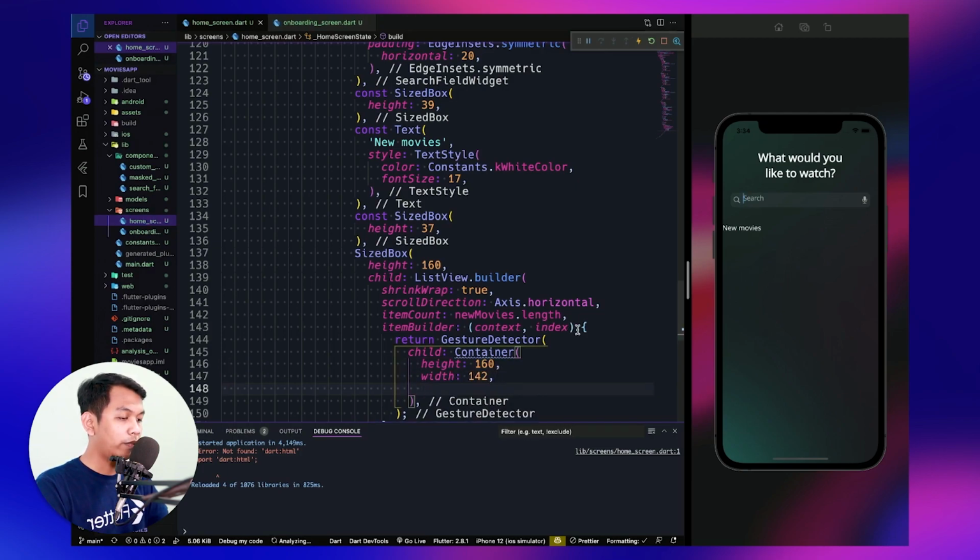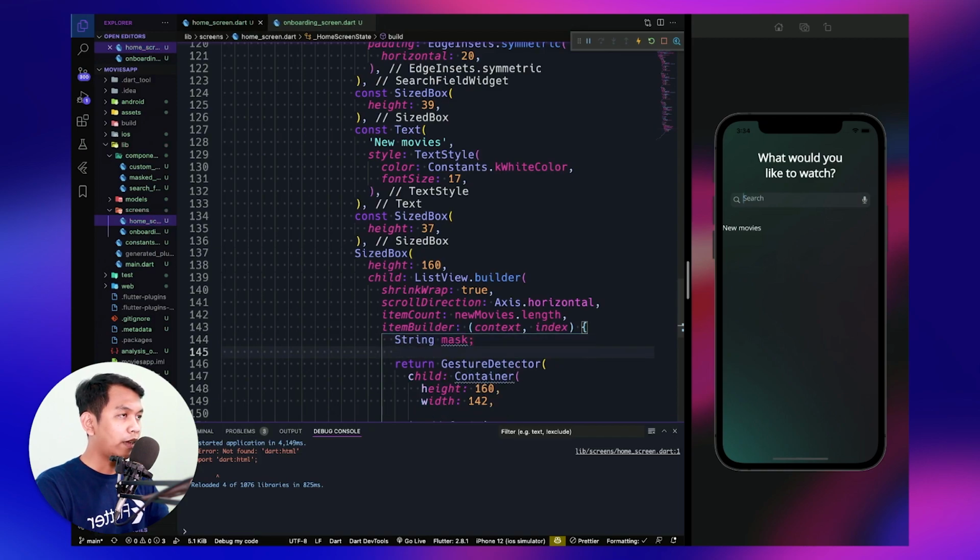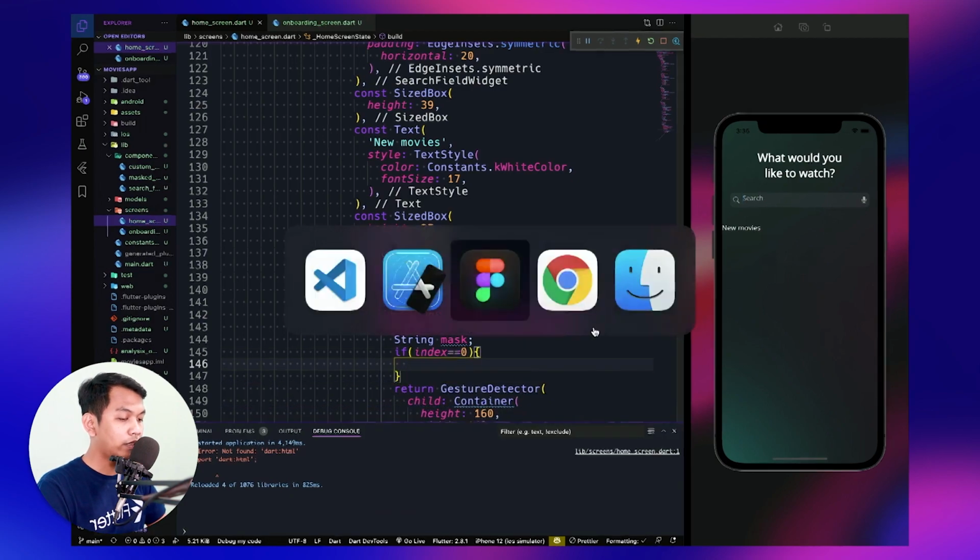And before that, we need to create a new variable right here, name it as mask, and we want to use if else. So if the index is 0, so let's see from the design first.